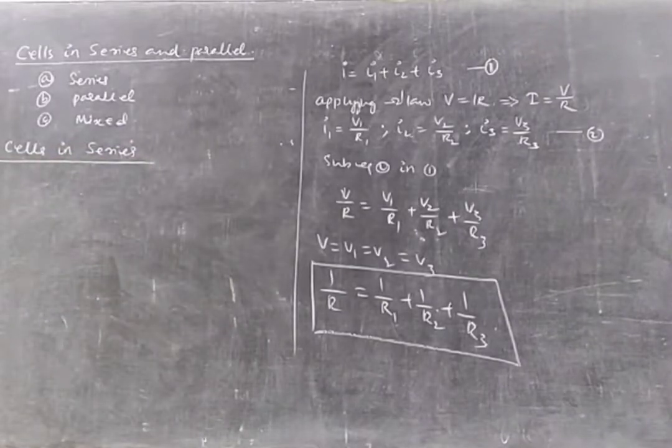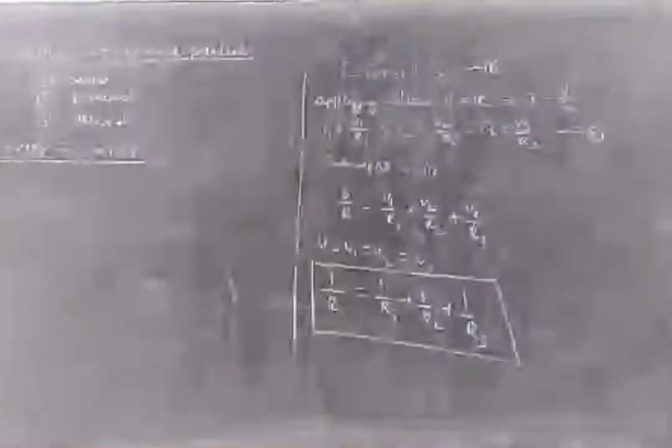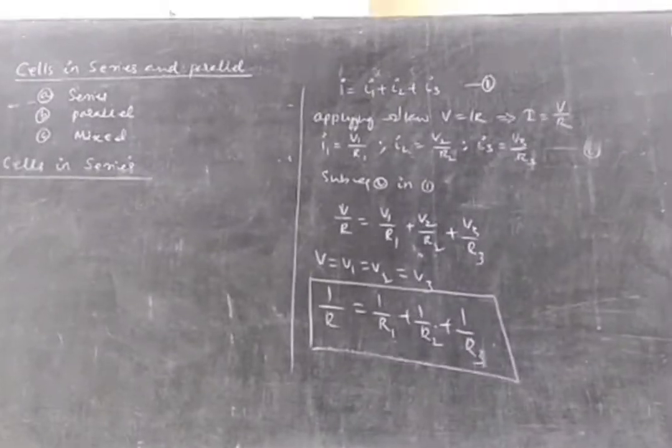Let us suppose there are n identical cells, C1, C2, C3, and so on, with EMFs E1, E2, E3,